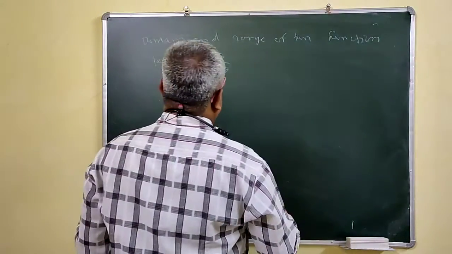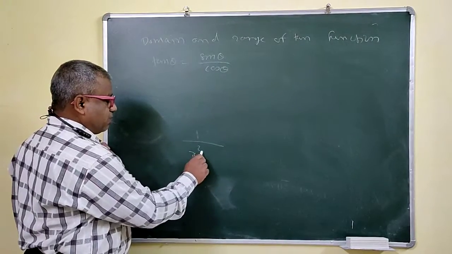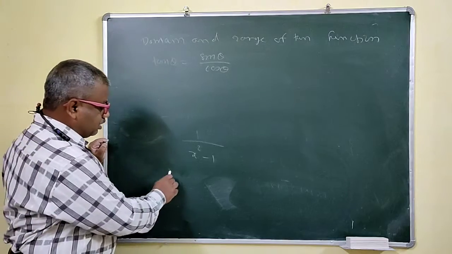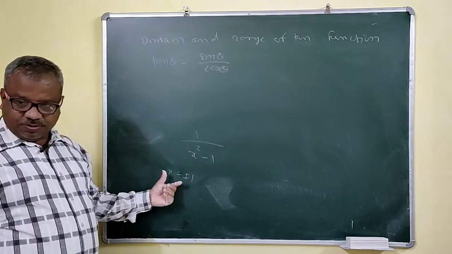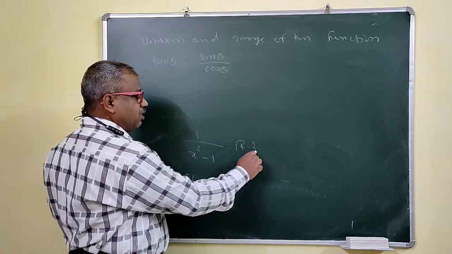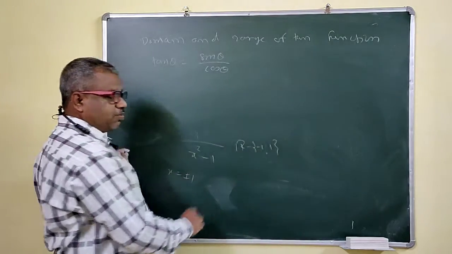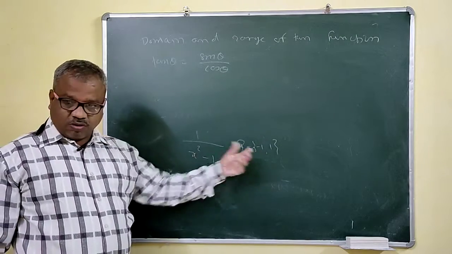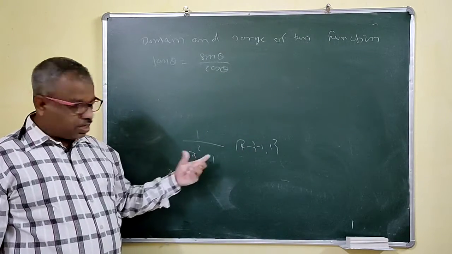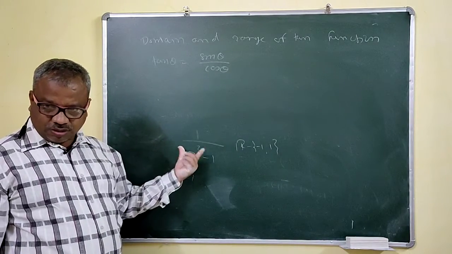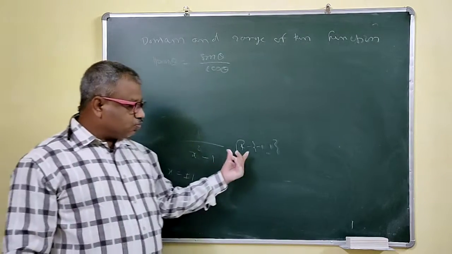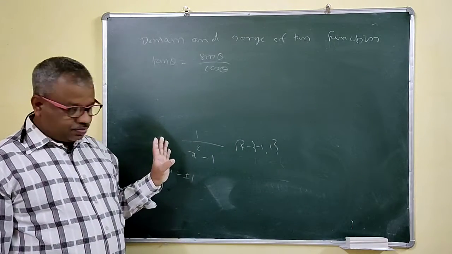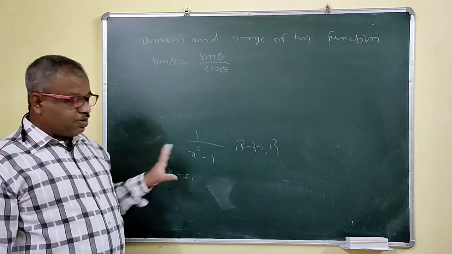Suppose we have the expression x square minus 1. Where will it be 0? Only for x equal to plus or minus 1. So remove these: R minus {-1, 1}. That will work now, because minus 1 and 1 are not in the domain, so the denominator is not 0 and the function is well defined. So that means remove the zeros of the denominator from R. That will be your domain, and that will be your function now.